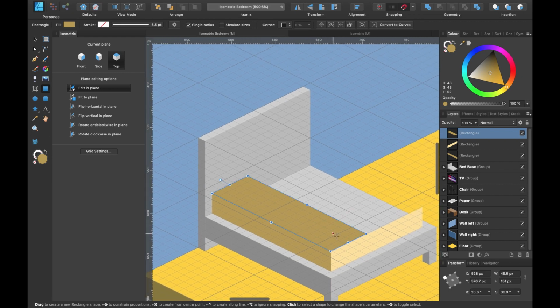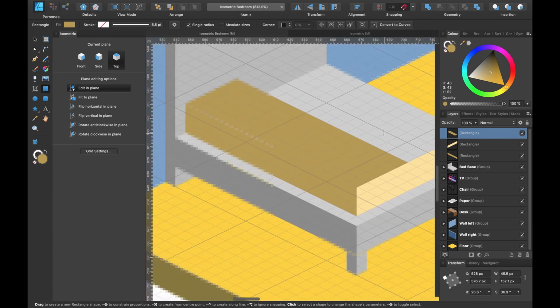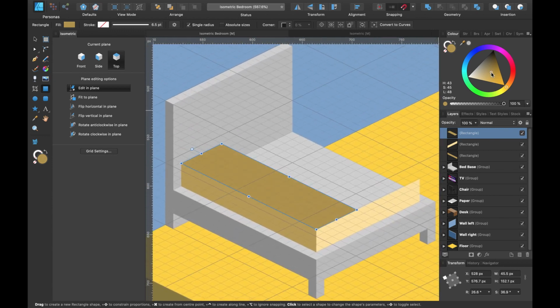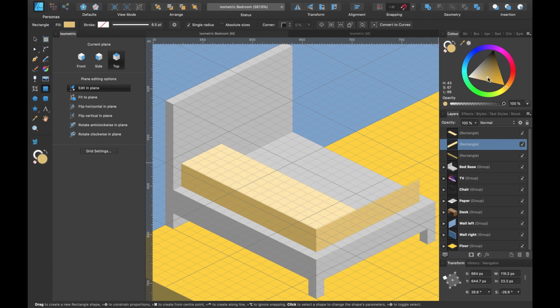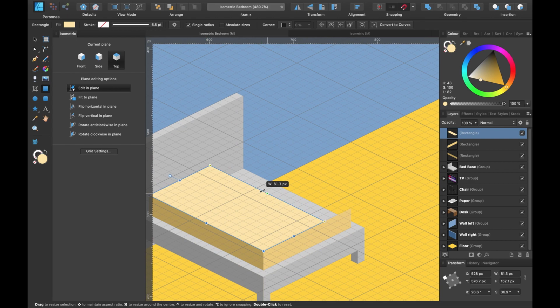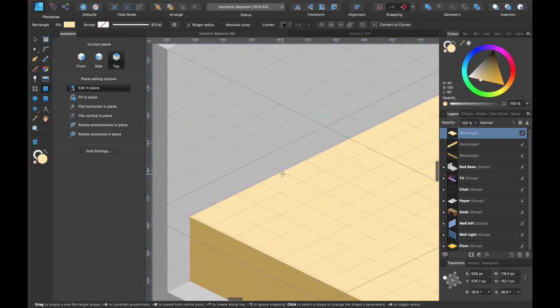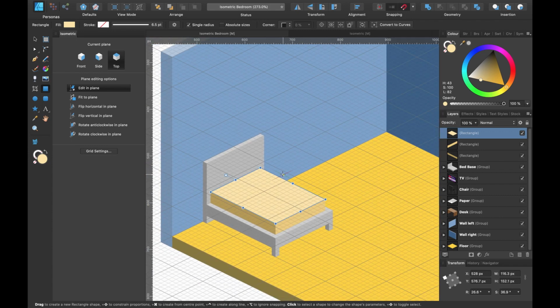I'll change the color at this point. And make it slightly lighter. I'll make this one slightly darker as I'm changing it as I'm going along. So the top layer should be a little bit lighter if the light is going to be touching that first, like everything else here. And I will just drag out and across till it snaps into place. And that is our mattress.